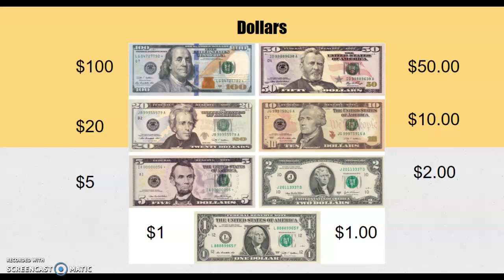Now, for the $1 bill, the way those numbers are written there are both correct. So, either way you see an amount of money written, if it's one of those two ways, if you're talking about dollars, they are both correct. Now, the reason it is important to know about that decimal and the 2 zeros that follow, those will come in handy when we are talking about cents. Okay, so speaking of cents,